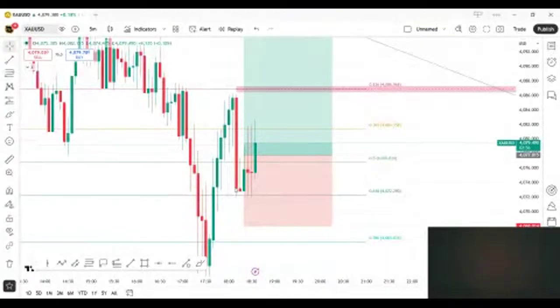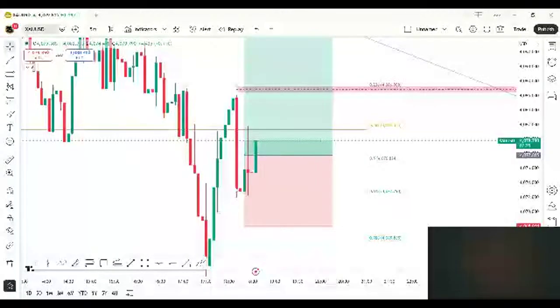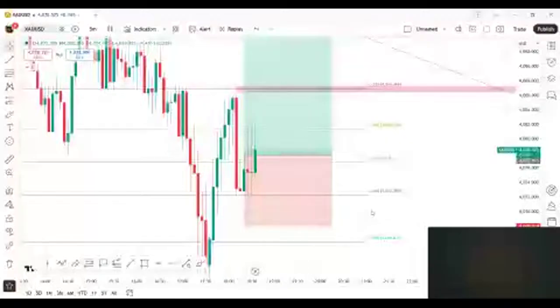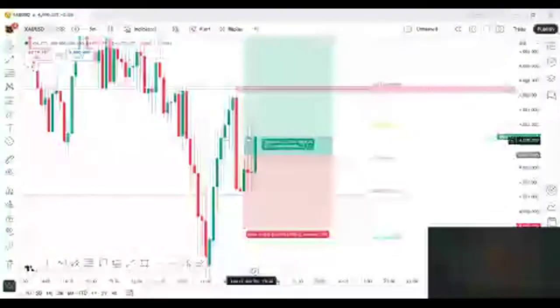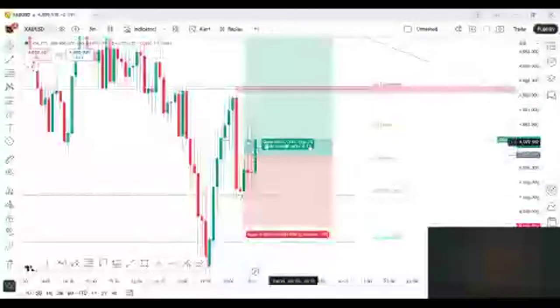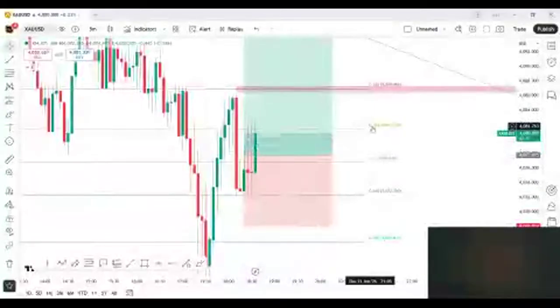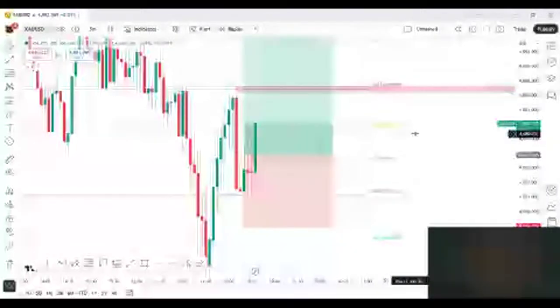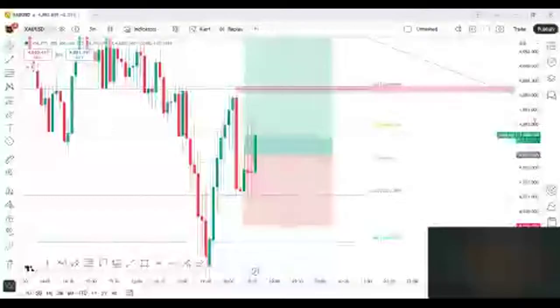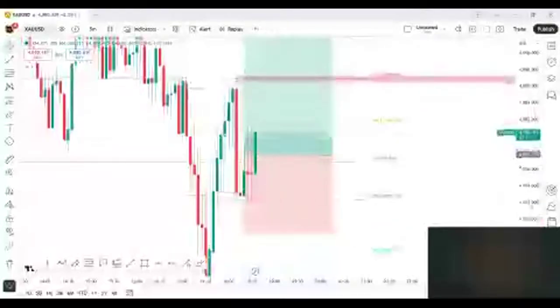Bro, these are scalping trades, so you just have to make sure of your maximum profit. Right now we have just booked the profits. I have told you the reasons why I entered. Right now our TP is 4086 or 85, in this type of area. So we are just near our TP1. If it is hit, it will be really nice for all of us.